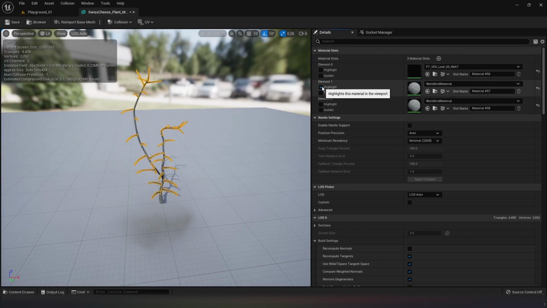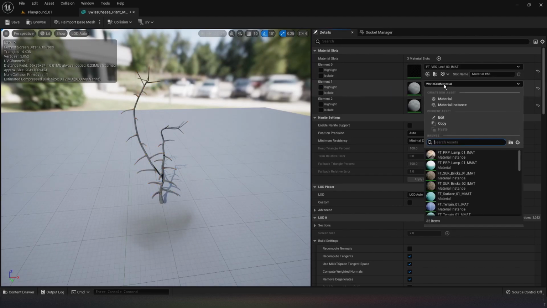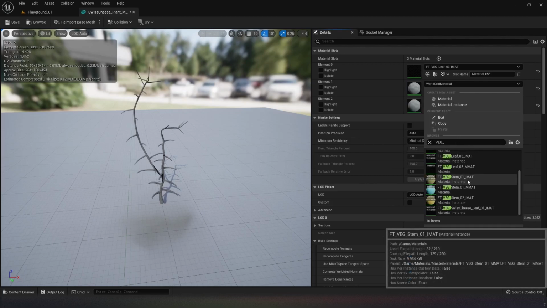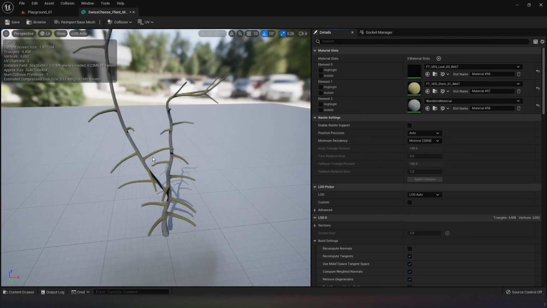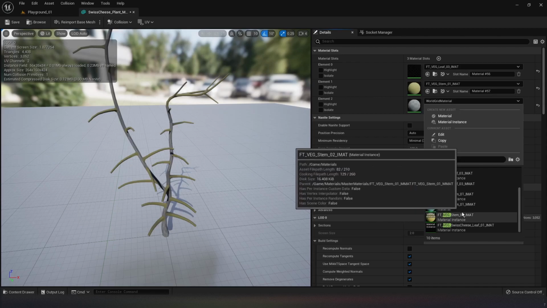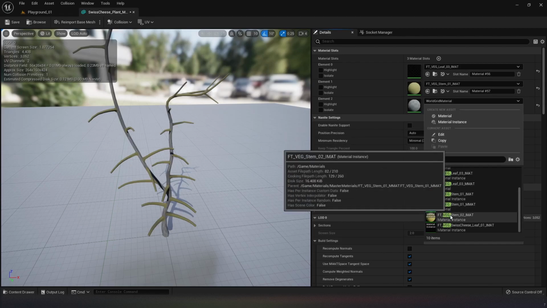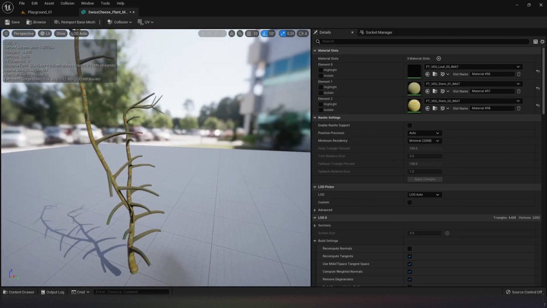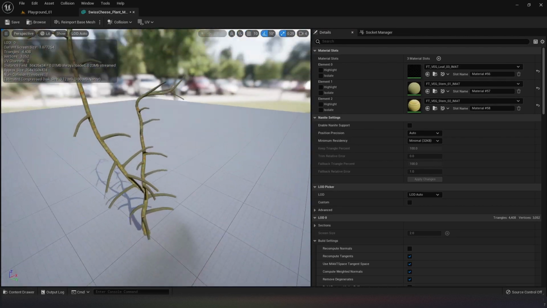For the second one, it is the stem. So again, veg underscore. I'll use this stem IMAT. I have the colors here. Then again, veg underscore bark. This is a bark, I think. Yeah, that's a bark. So we have the bark, we have the stem material applied, everything is there, but the leaves